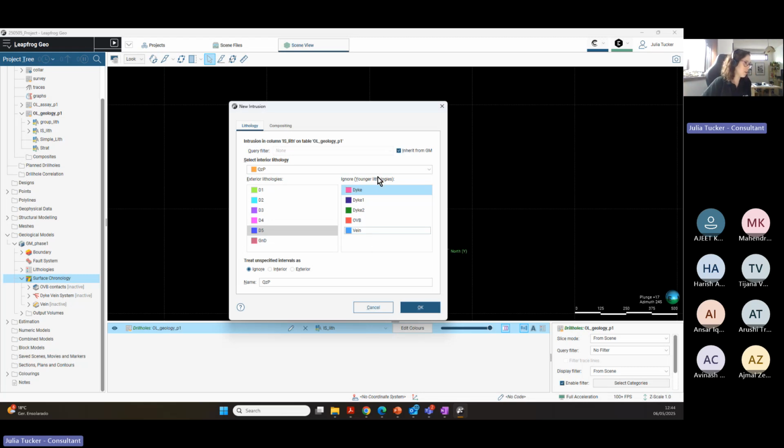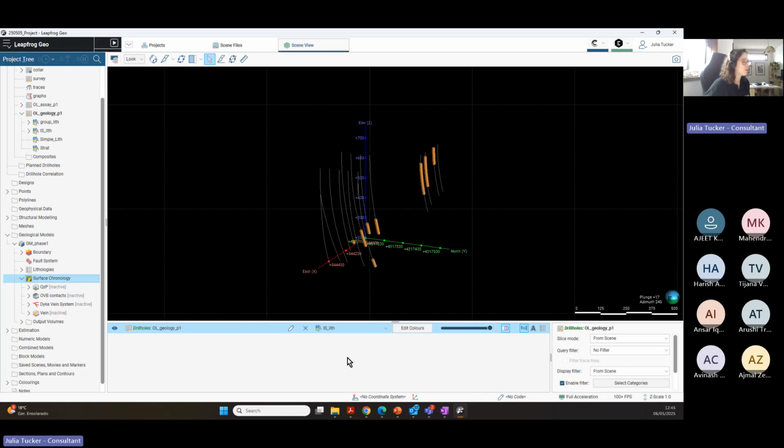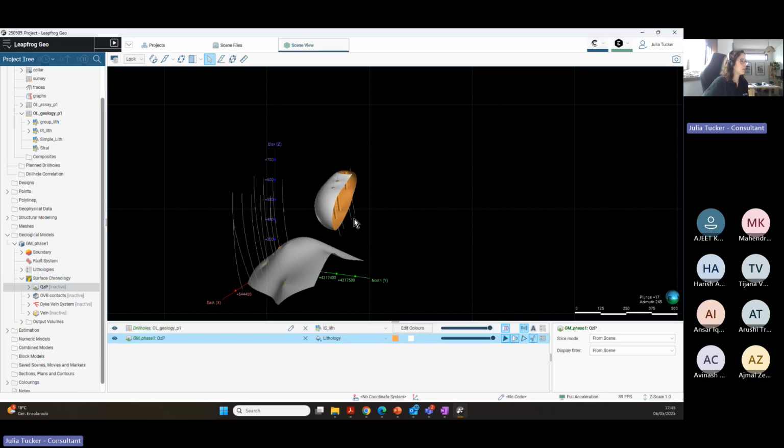We have everything here. Just want to check if everybody's following up. We still have not done the GND, which is the granodiorite, so we don't need to worry about it. And now we just need to click on the OK to check what we are going to have as a first pass surface. And this is a point where I wanted to take a little bit of attention to,